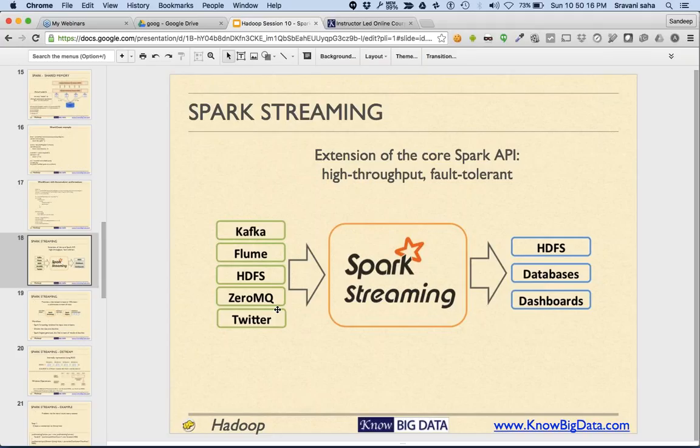Now, the other important aspect of stream processing is that it runs forever. It does not stop. Unlike our usual programs that end, it does not end. It keeps listening to the data, and whenever the data is not available, it waits. It waits for the data to be produced by any of these inputs, and the moment the data is available, it processes it and sends it to HDFS or databases or any other dashboards.